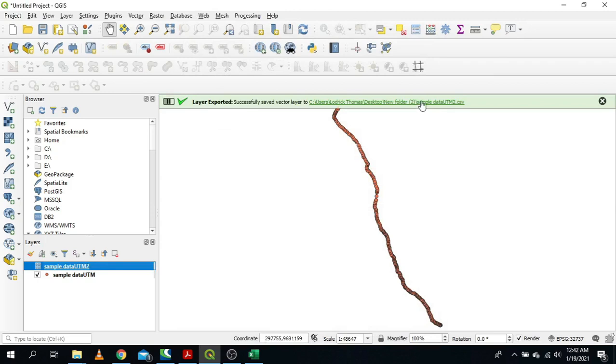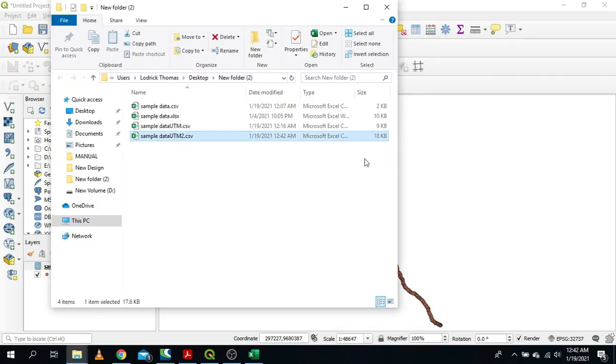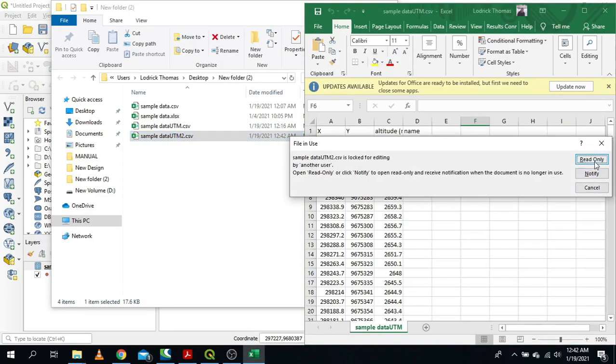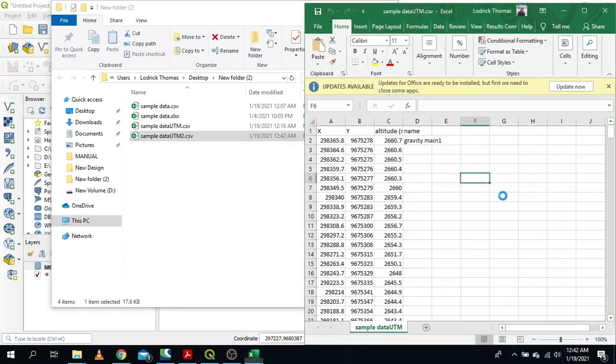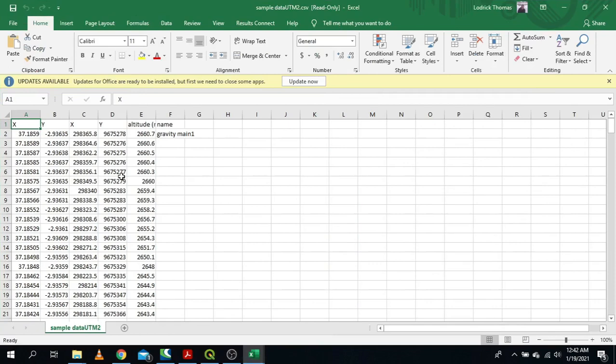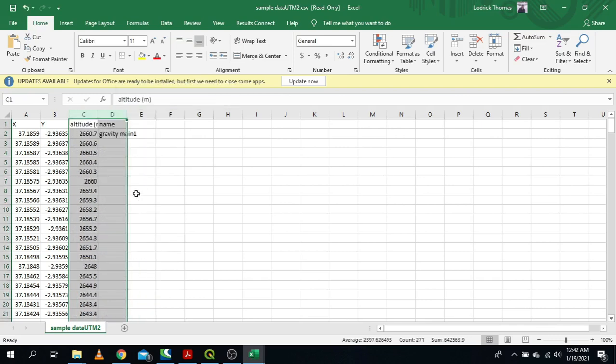Just click this. It will take you directly to the folder where you saved your data. For me, here's the folder, and this is what was exported from QGIS. Just double click and let's see what we have. Okay, so this is the final result. As you can see, I have this latitude and longitude, and again I have these eastings and northings. But I don't want to work with them anymore because I'm not going to use them. So I'll delete these. I will remain with XY, which is in latitude and longitude, and everything is perfect.